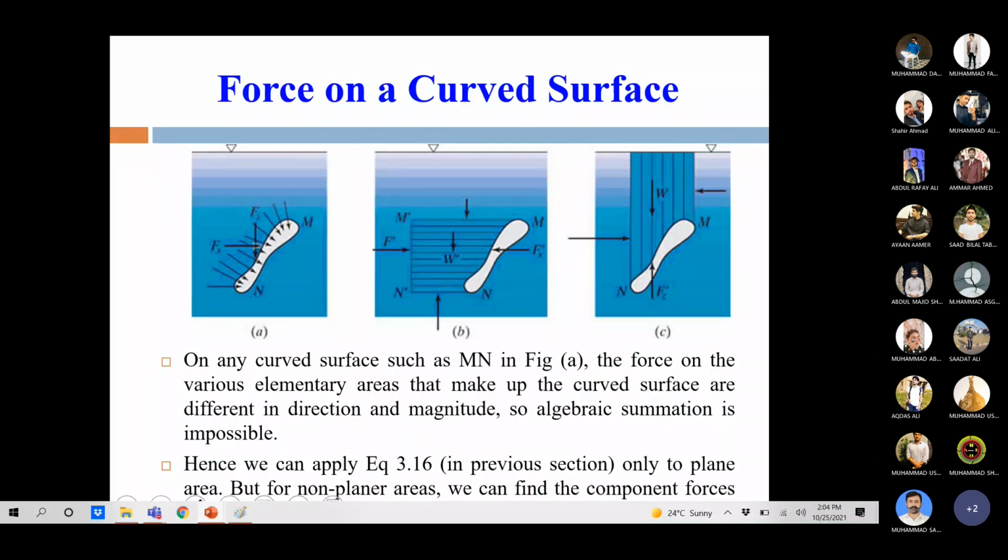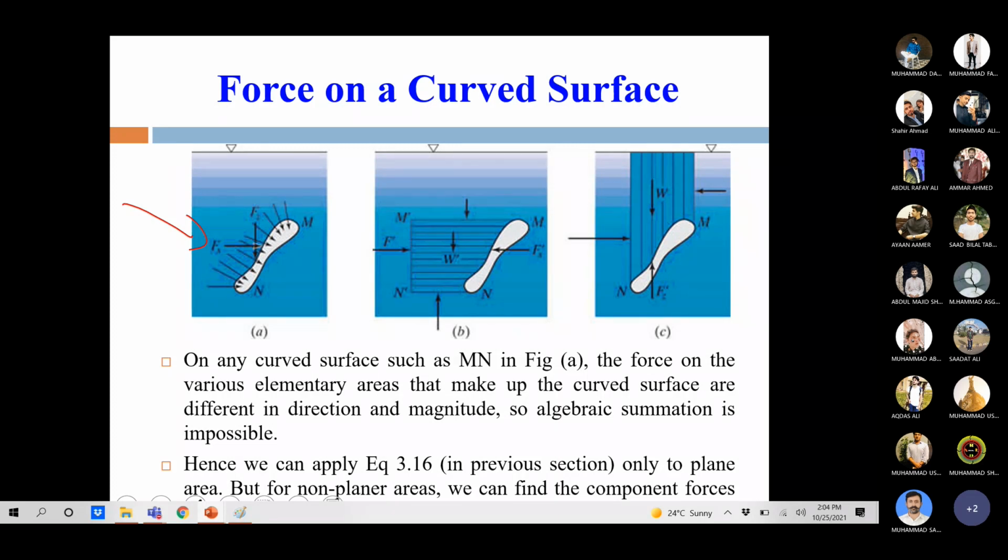So you see this figure A. On a curved surface such as MN in figure A, the force on various elementary areas that make up the curved surface are different in direction and magnitude. So algebraic summation is impossible. Obviously,